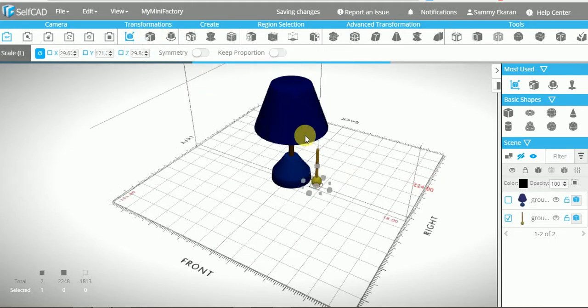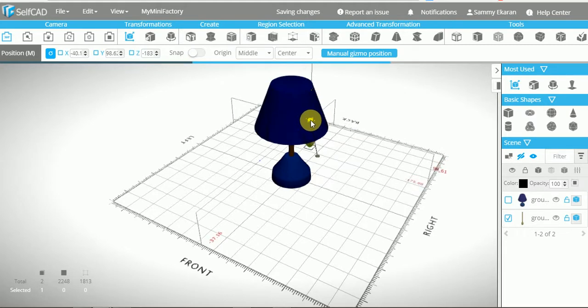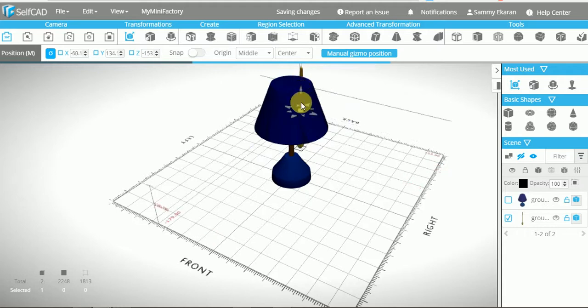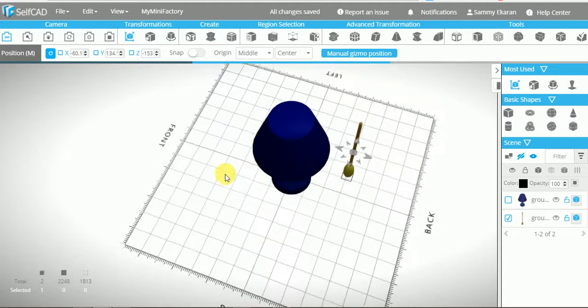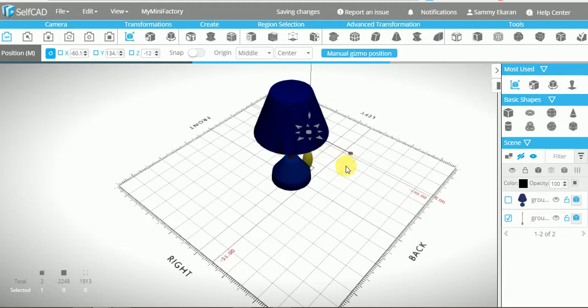Take the scale tool, scale it up. That is nice. Then select the move tool. You can also move it a little bit high. You need to scale it so that it can be longer. That is enough. After doing that, ensure that it is positioned in the right place. Just move it. We have done it